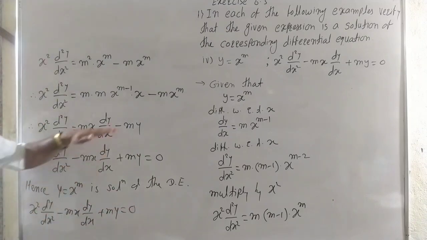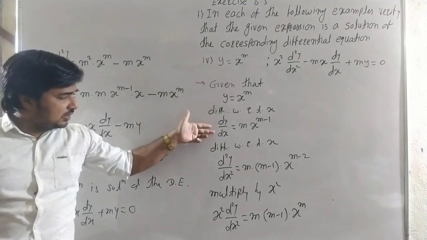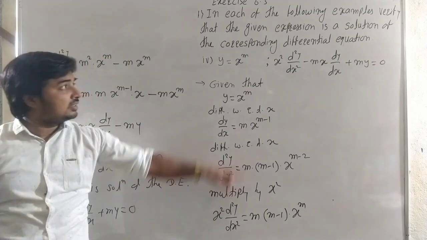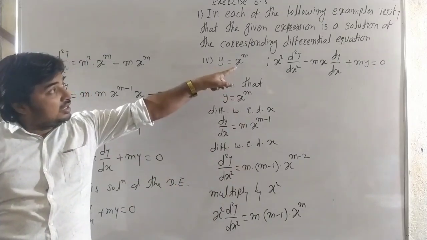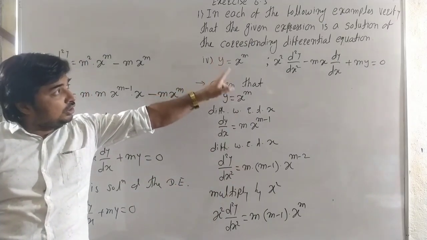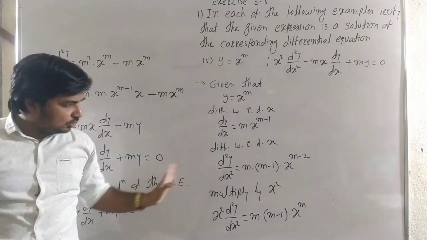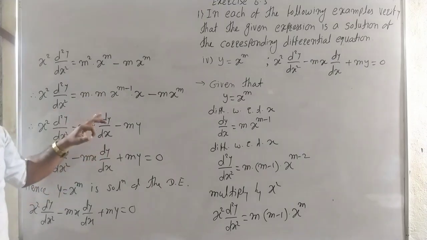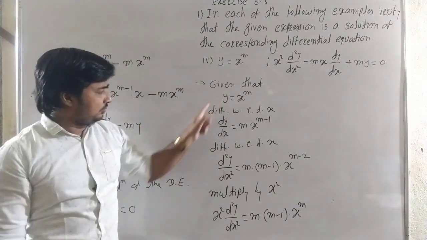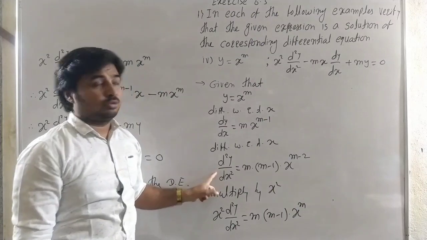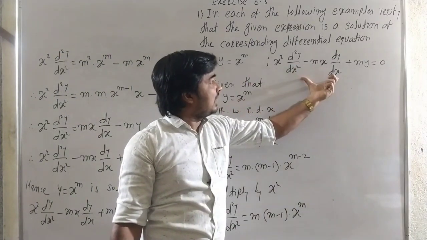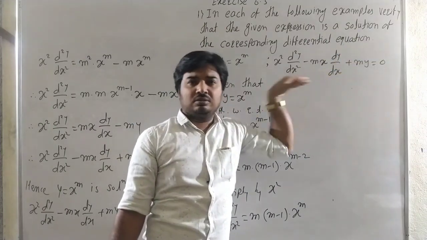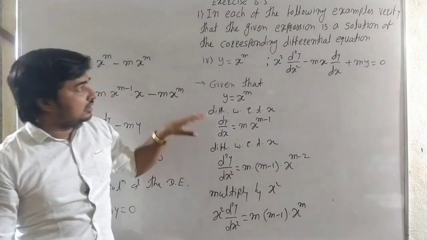Here, see carefully this. First it is the first derivative, then the second derivative. Once the derivatives are finished, we simply adjust in the form of this. Here it is d2y by dx2 into x square, and here only d2y by dx2, so we multiply by x square, and then we get this adjustment. The other method is: here it is y, here dy by dx, and here d2y by dx2. We get this expression and put the values of d2y by dx2, dy by dx and y. If we get 0, then this relation is satisfied. This is the other method.